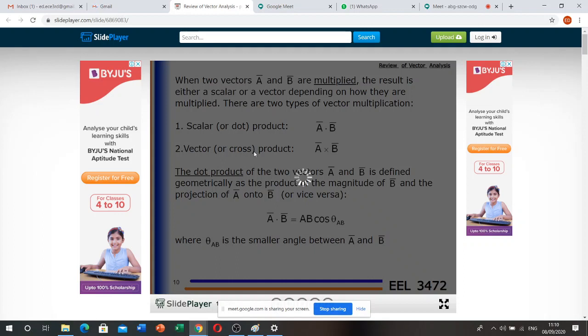Has anyone understood this? The resultant vector C vector is equal to A vector cross B vector, whose direction will be perpendicular to the plane containing A vector and B vector. So is that definition or rule clear, or do you want me to explain a little more on that?